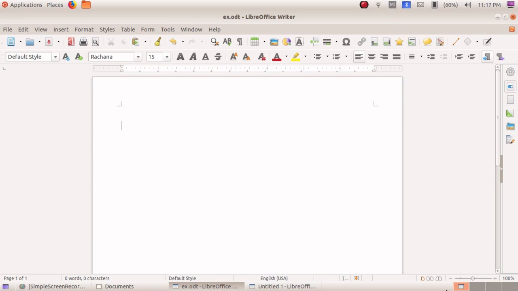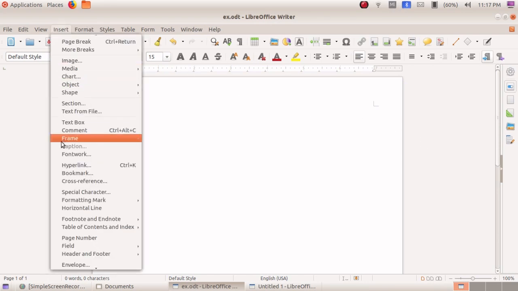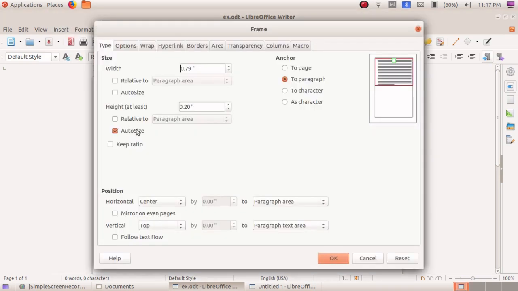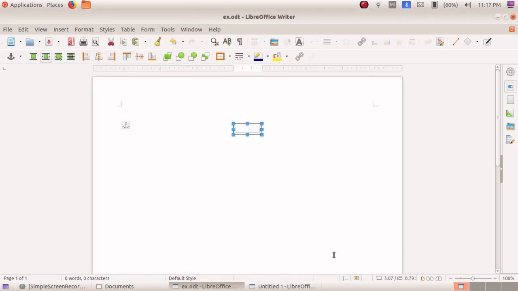To create a greeting card, the first thing you have to do is insert a frame. For that, click Insert, Frame and click OK. The default frame will be displayed on your monitor. After that, you know how to change the size. Click and drag it.